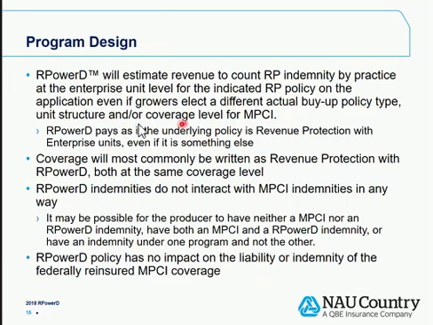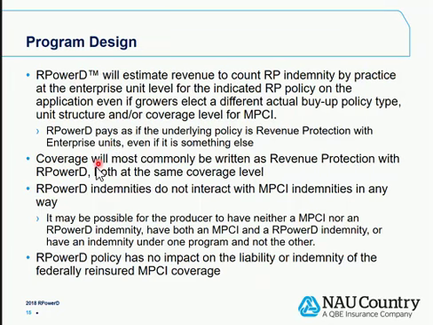However, they can buy a different unit structure on their RP, and their RP payment will be based on their unit structure, or payments if there are multiple units that would get paid. We're just going to use the information on an enterprise unit basis to determine what value to count against the RPowerD guaranteed